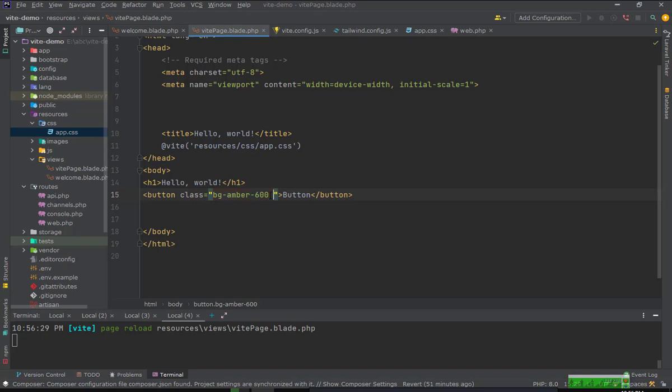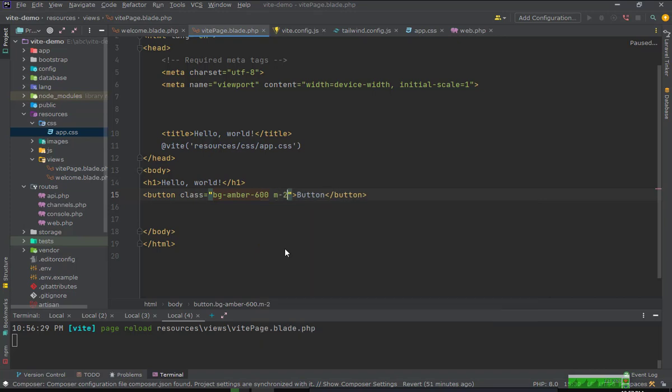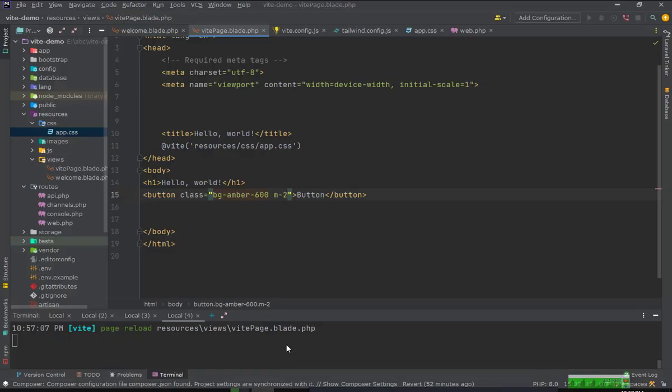So I say, for example, 2 to create some space from this button, and select this and refresh our project again. You can see here, yes, it removed it. So if I add some padding for this button and make it a beautiful button, I go to VS Code and say here